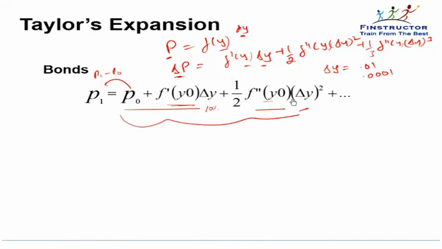How is duration estimated? We have already studied. How is convexity estimated? Also, we have studied it as the change in duration for a 1 unit change in yields, or a 1% change in yields. The only objective of telling you the Taylor's expansion is to emphasize that even duration plus convexity is not the exact actual price. It will be quite close, but there are more terms that will give us the exact actual price. If you want the exact actual price, the best thing is to enter the new yield on the calculator and calculate the exact actual price.